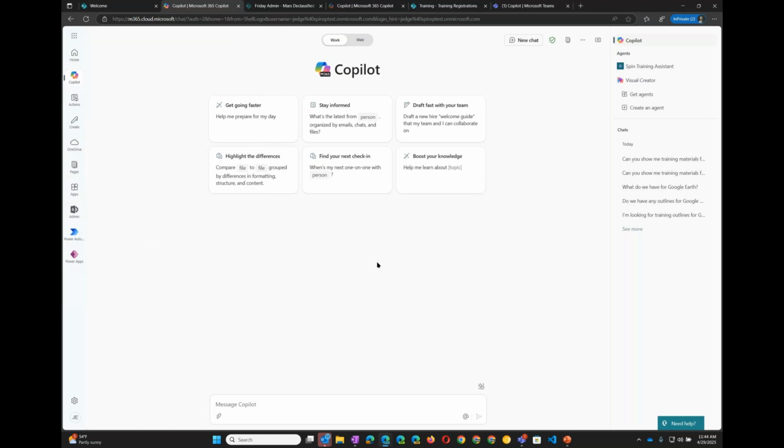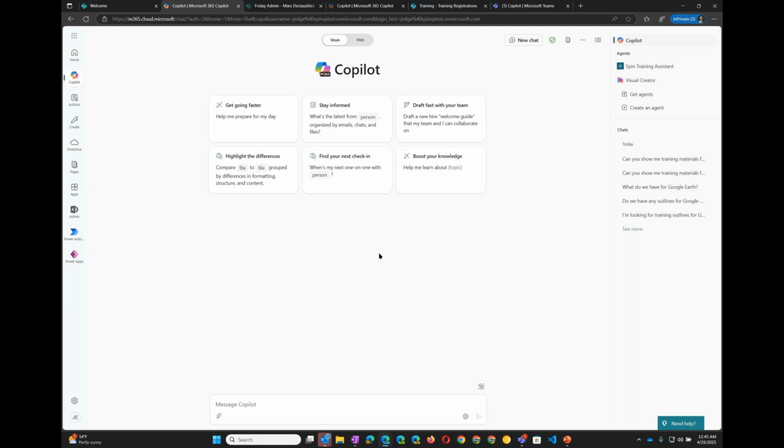For example, and I won't try this, I'm going to do a different demo, but let's say I was sitting here at the Copilot here, and I put in a prompt that said, hey, there's a document that I have that's a Word document. Could you make that into a PowerPoint presentation? Well, it will give you an answer, but it'll be like, here's what I think the slides should be. It won't create the presentation for you. But if you go over into PowerPoint and do that same thing from PowerPoint and say, hey, there's a document out there, it's a Word document, make it into a presentation, it'll generate a presentation for you. So you want to be very specific about where you're at when you're doing the actual